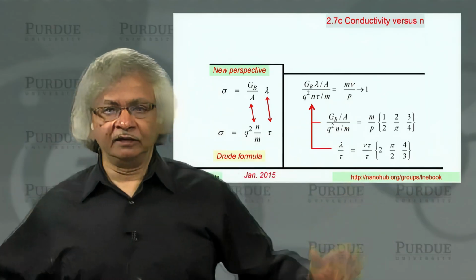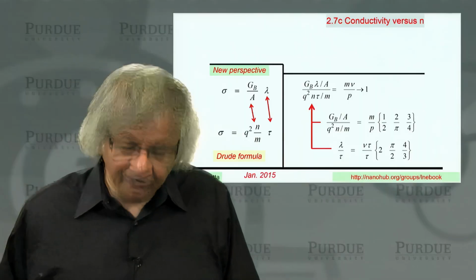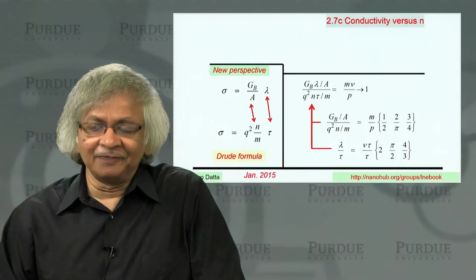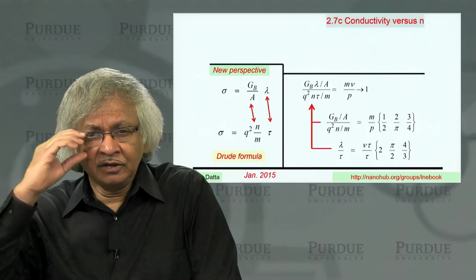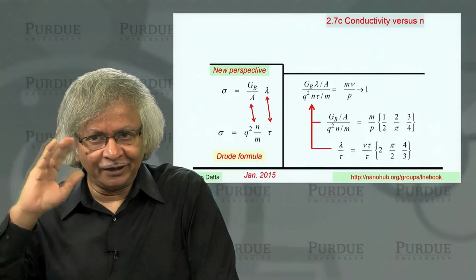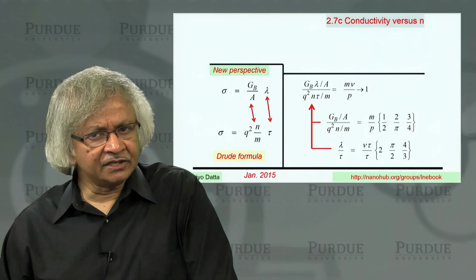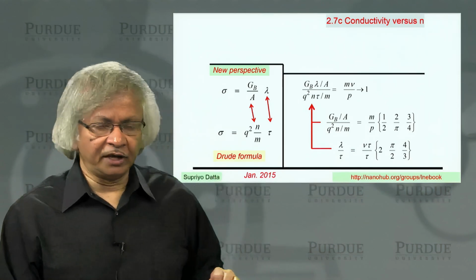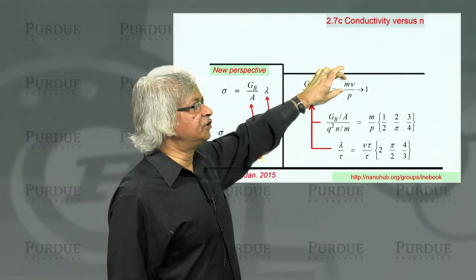And you say, well, that's 1. After all, p, momentum, is m times v. But I think when we discussed the energy momentum relations, I did make a point that that's only true if you have a parabolic band where energy goes quadratically as the momentum. In general, that's not necessarily true, and you have to think through carefully in terms of how you define the